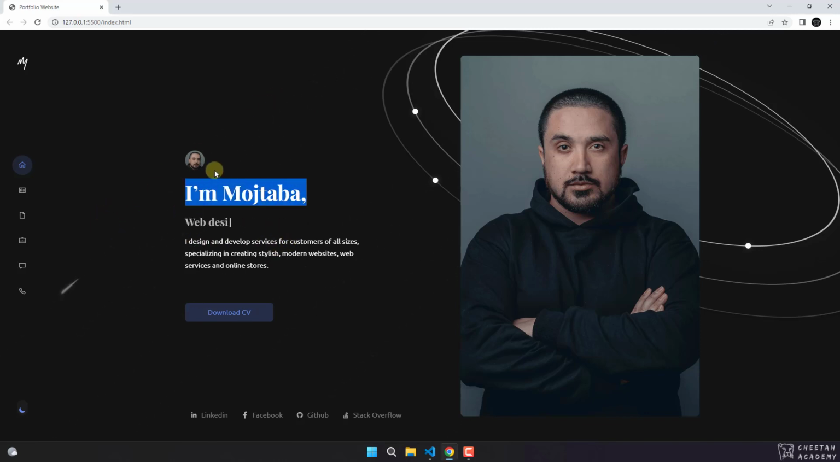Your smaller picture is here and the bigger picture appears on this side. Your skills are displayed in this part using type.js. One by one, there is a typing animation which is typing this expression here, and there is information about you